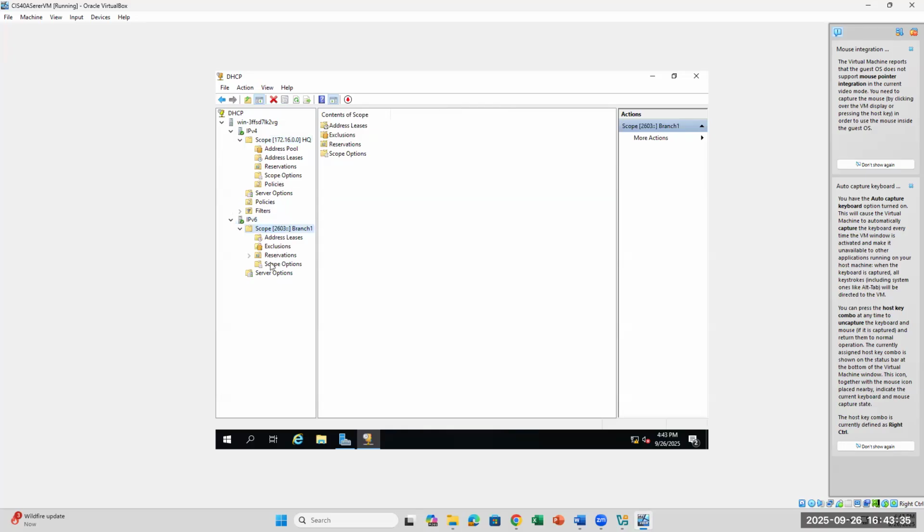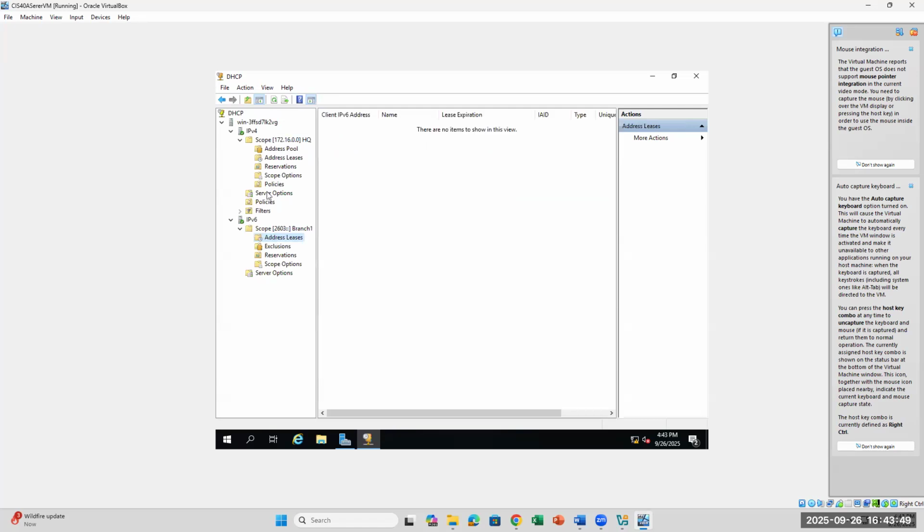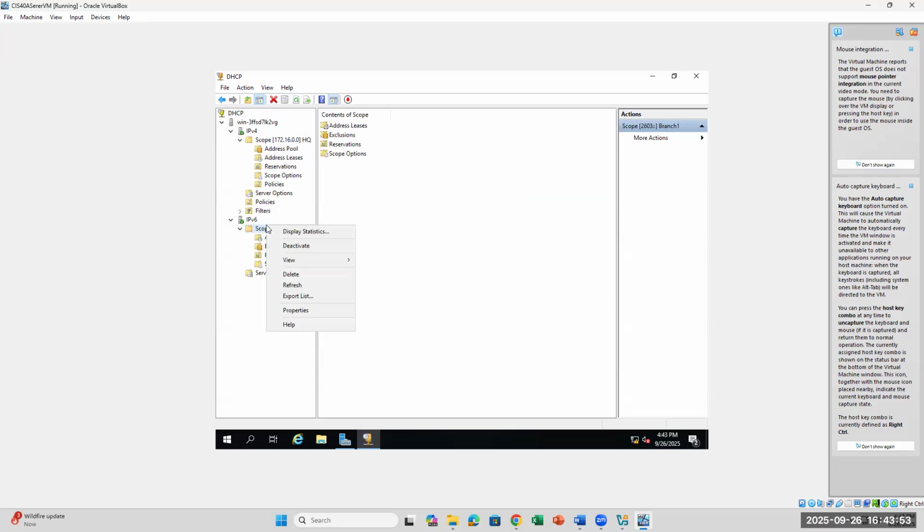And then if you look at some of the options in here, you can set up reservation. Like I said, that's going to be the same IP that's going to be given out to a specific system. You can modify your address leases in pool, for example. So if you don't want to use it anymore, you can deactivate it and then eventually delete it. But we would only do that if there's no connecting system. You don't want your system to get disrupted. Okay? So now,